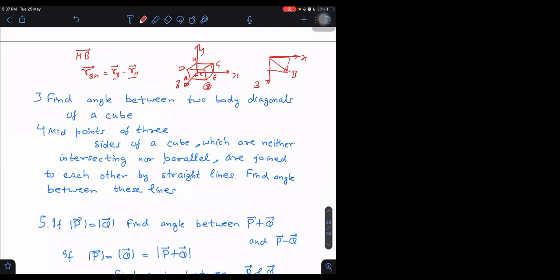What are the dimensions of the cube? I told you, assume the cube to be 1 unit. We could take 2 or 3 units, no problem, but the angle does not depend on the dimensions of the cube, so I take 1 unit for ease of calculation. Root 2, sir? No, the magnitude of R_B is root 2, not R_B. R_B is 1 times i cap plus 1 times k cap, so R_B is nothing but i cap plus k cap. That is R_B.